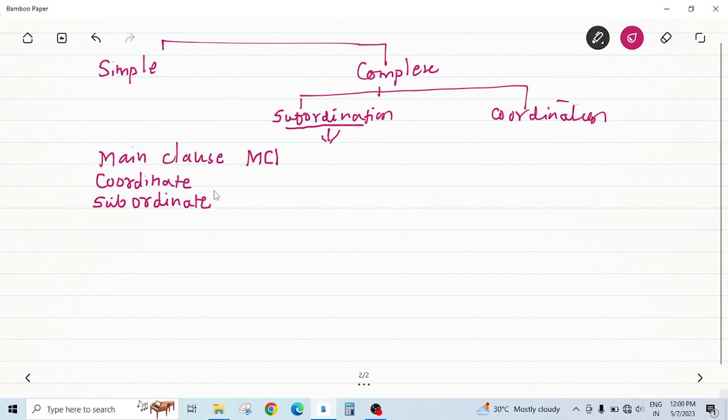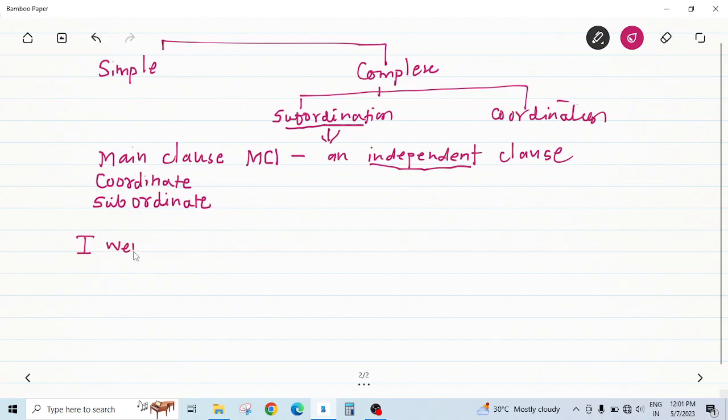Now, main clause is an independent clause. It means that the meaning of this clause is not dependent upon some other clause. This main clause stands alone. For example, see,